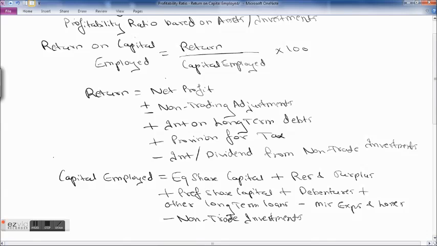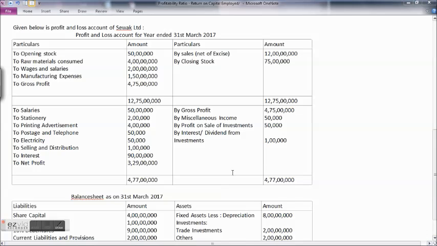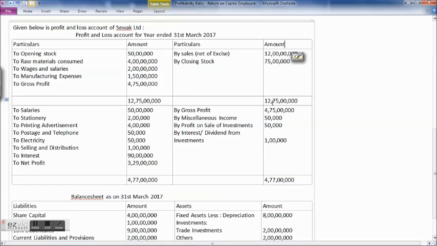Now we will see one example and calculate return on the capital employed. Given below is a profit and loss account of Sevak Limited for the year ended 31st March 2017. On the credit side we have sales and closing stock. Sales is 12 crores, closing stock is 75 lakhs, so total is 12 crores 75 lakhs. Then on debit side we have opening stock 50 lakhs, raw material consumed 4 crores, wages and salaries 2 crores, manufacturing expenses 1 crore 50 lakh, gross profit 4 crore